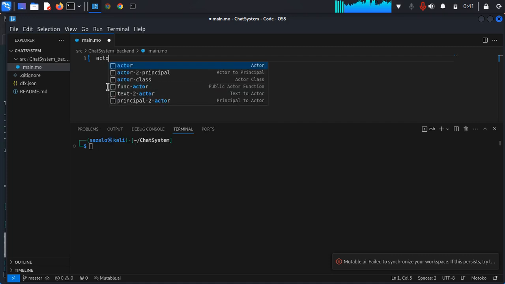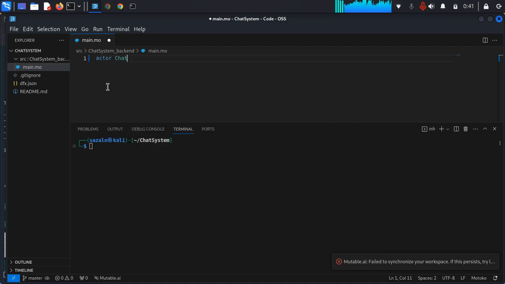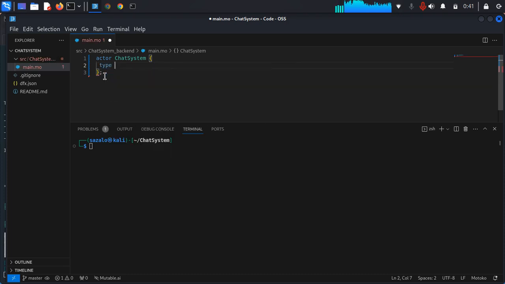So we say actor chat system. So what do we want to create on this simple backend? We're going to say type message is equal to